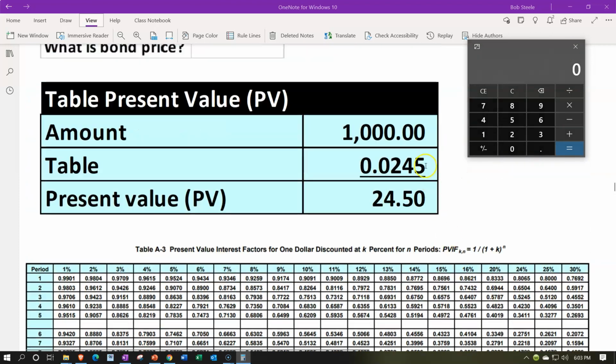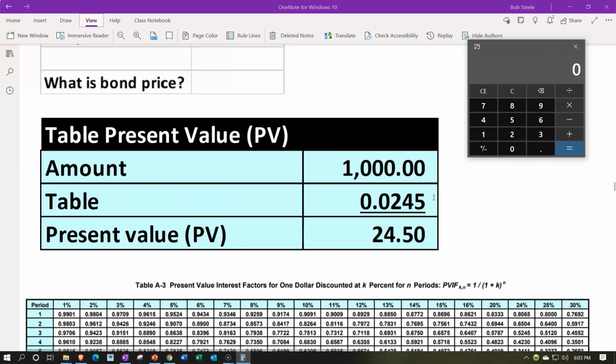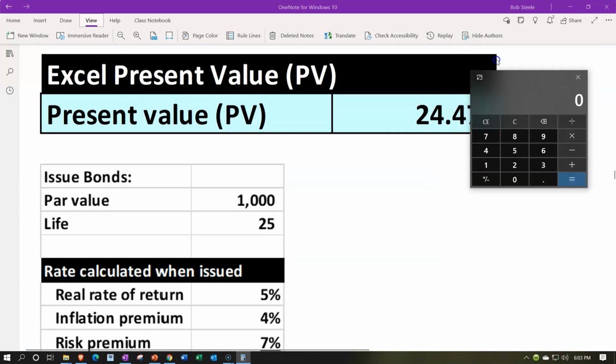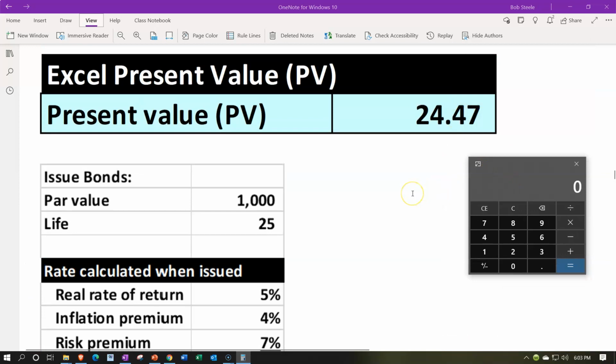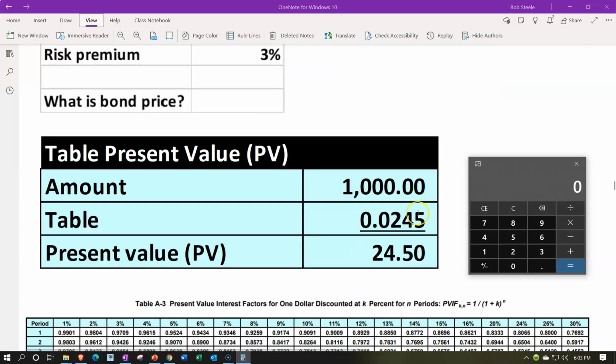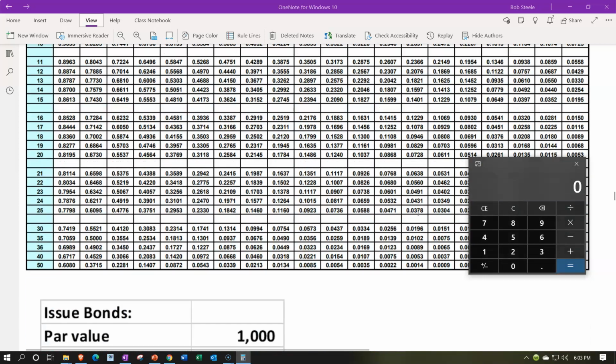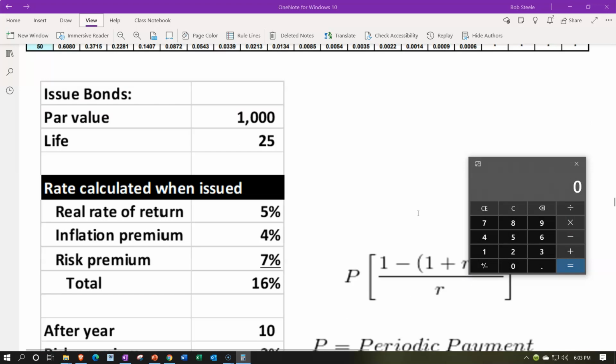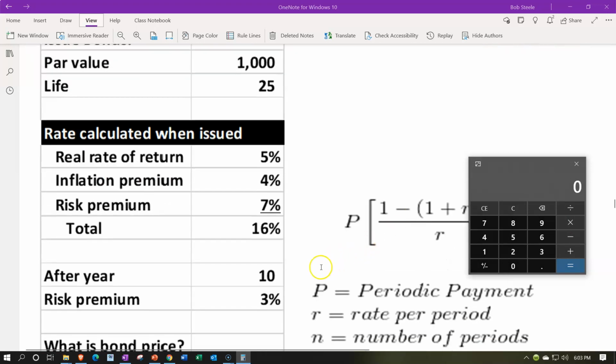25.0245. So 1,000 times 0.0245 is the 24.5. That's close to, not exact to, the 24.47 due to the table's rounding to 4 digits. Now we can move on to the next thing, which is that now time has passed, 10 years have passed, and